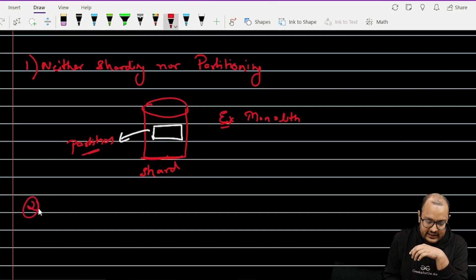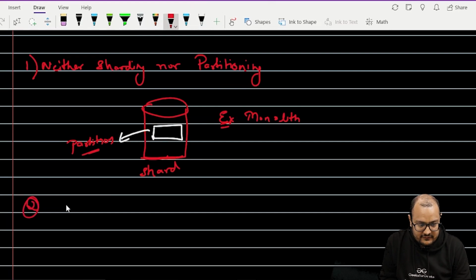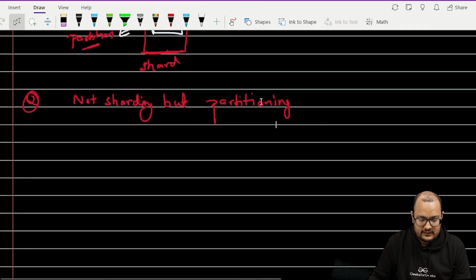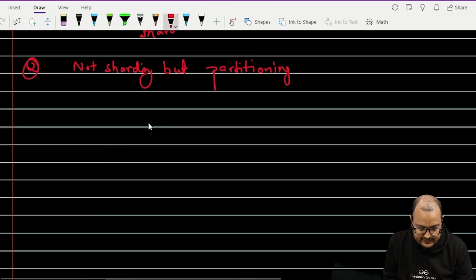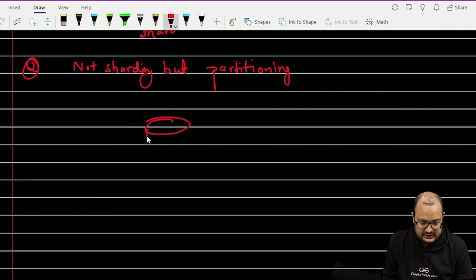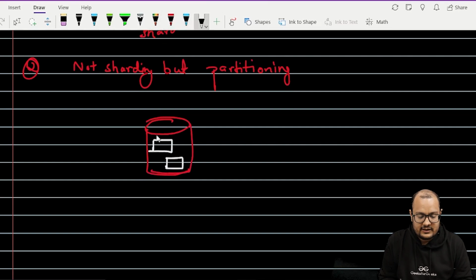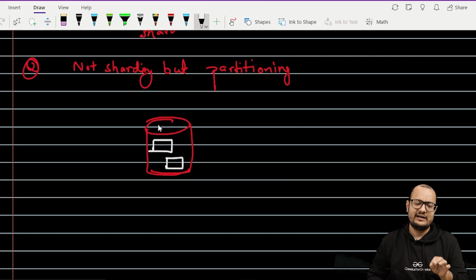Now let's go to another case. Suppose we are not sharding but partitioning. Now how will we draw it? Let's say that's our database or shard and we have two partitions inside it. Let's try to understand this with an example. What example will best suit this use case?